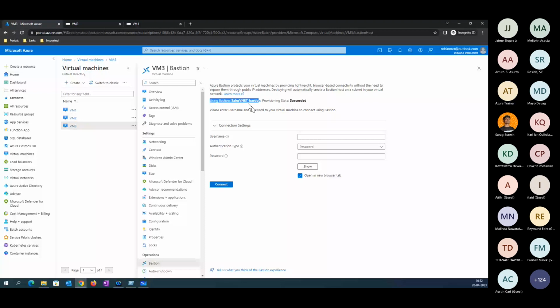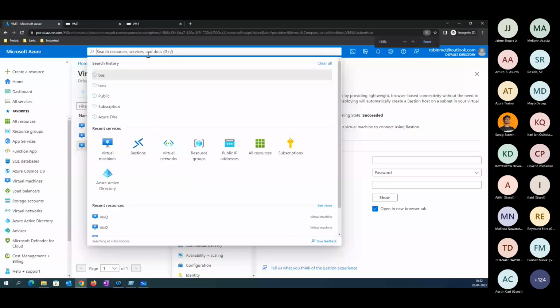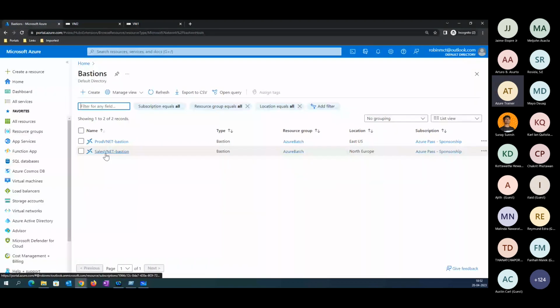See, if you go to the Bastion service here, see where this has been created. It's not at a VM level. Technically, you're triggering or enabling this at a VM level, but technically this is created at a VNet level, on the sales VNet. It's created at a VNet level only. I hope your doubt is cleared here, right? If yes, can you put a comment on the chat?